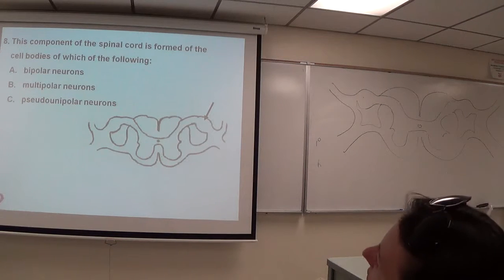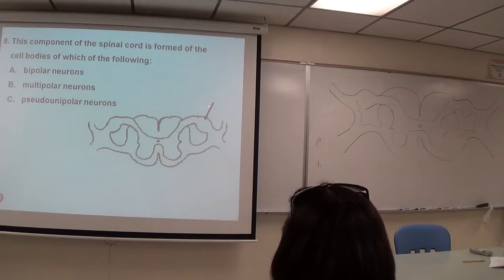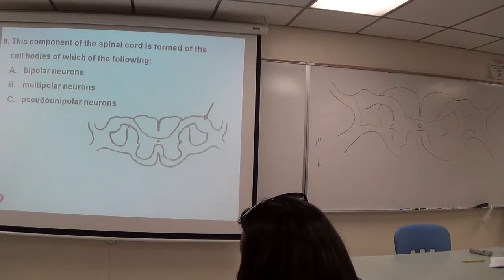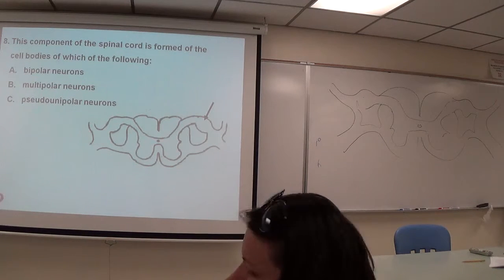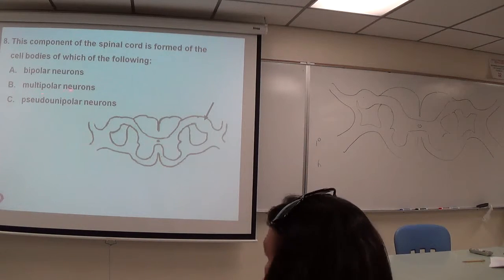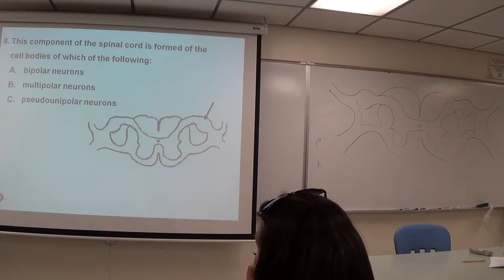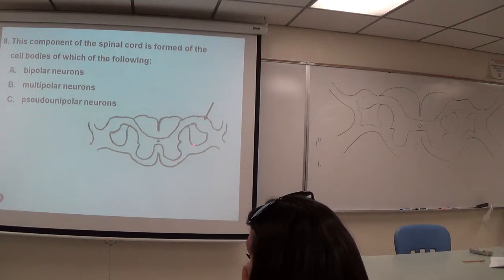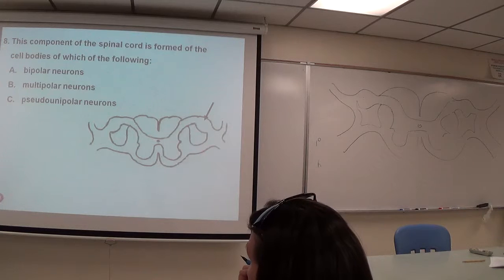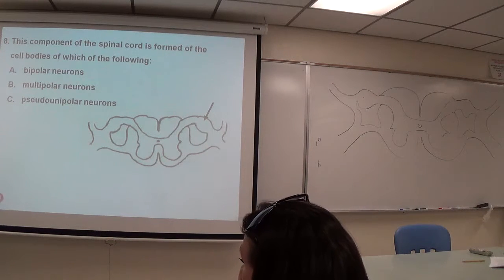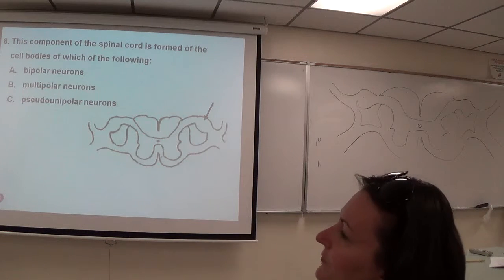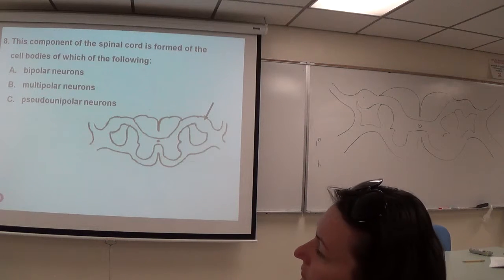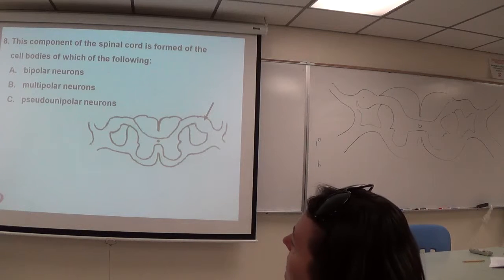Remember? Dorsal root ganglion. So why is it swollen? Cell bodies of? Pseudo-unipolar. Okay. What structure is going to have the cell bodies of multipolar motor neurons? The anterior or lateral gray horn. Okay. And bipolar neurons, remember from yesterday's discussion of the cranial nerves? The olfactory passing through the cribriform plate, or in the retina of the eye is where we find the